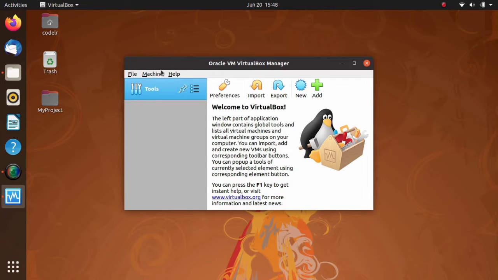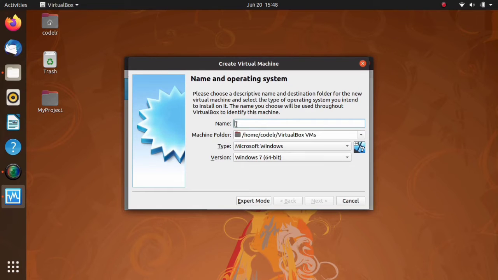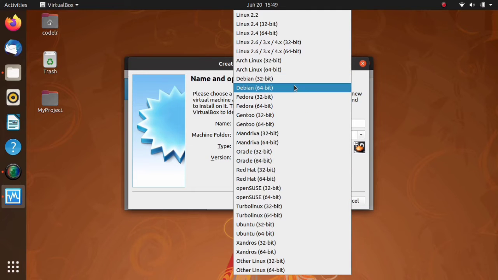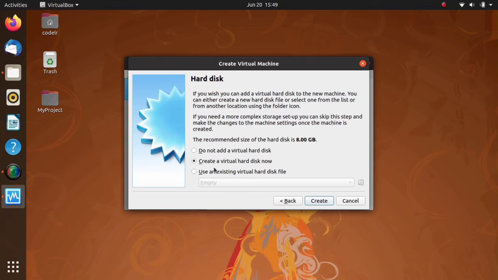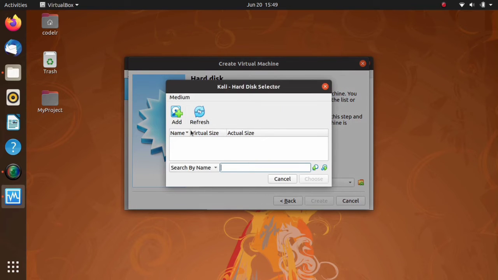Now we'll click on machine, new, then we have to give a name. Let's say Kali. You can choose any name you want. Then type is Linux, and Kali is a Debian based operating system, so we choose Debian. Now memory size, here how much RAM you want to allocate for Kali, choose that according to your system. Okay, now we will click on use an existing virtual hard disk file. Now add,